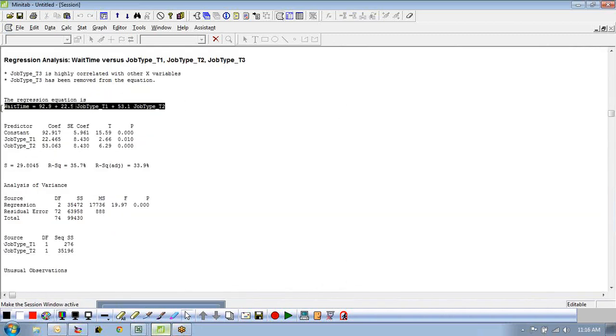Okay, so now it says that it builds the model, and now this is very interesting. My wait time is equal to 92.9 plus 22 times job type 1 plus 53 times job type 2. And you might be wondering, wait a second, what happened? What about job type 3? It's gone. I don't have my adjustment that I wanted to make. Darn it, what happened to that? Well, here's what happened. Job type 3 is absorbed into the constant,